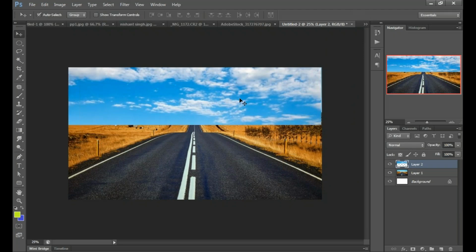Now we are going to use the layer mask concept for that. Layer masking is a concept in Photoshop for hiding or making some area transparent. We can use layer mask from here. We have a layer here, and we can use layer mask from here. This icon looks like a camera button. You will click on that, add layer mask. The layer mask will be added here.